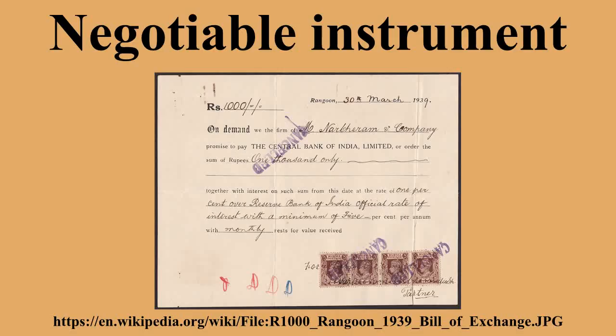Persons other than the original obligor and obligee can become parties to a negotiable instrument. The most common manner in which this is done is by placing one's signature on the instrument. If the person who signs does so with the intention of obtaining payment of the instrument or acquiring or transferring rights to the instrument, the signature is called an endorsement.